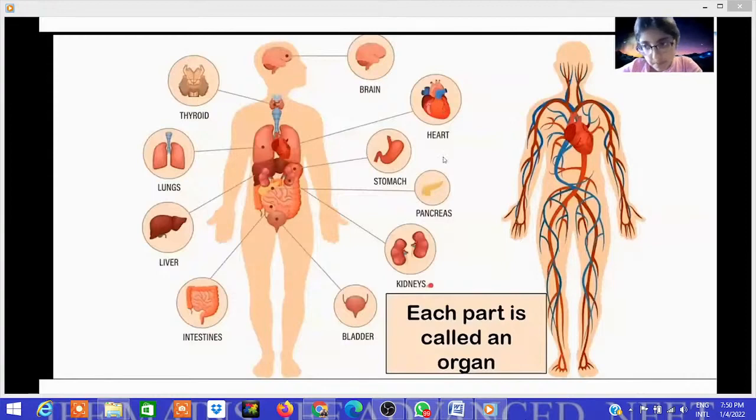Okay, so far we have learned three things. What is another name of the circulatory system? What is the cardiovascular system? And heart, circulatory system, and organs list. Right? Very good. So before that, I have a question for you. How many organ systems do we have in our body?